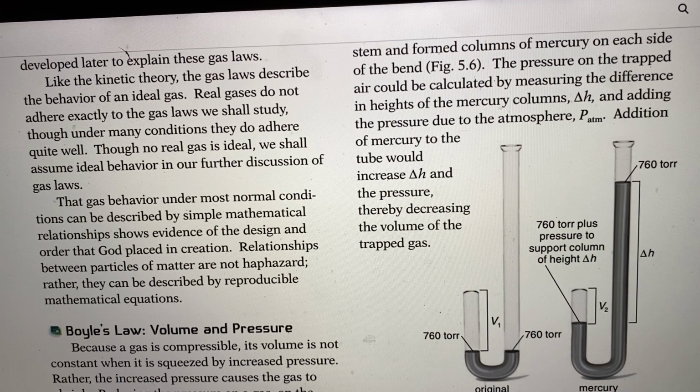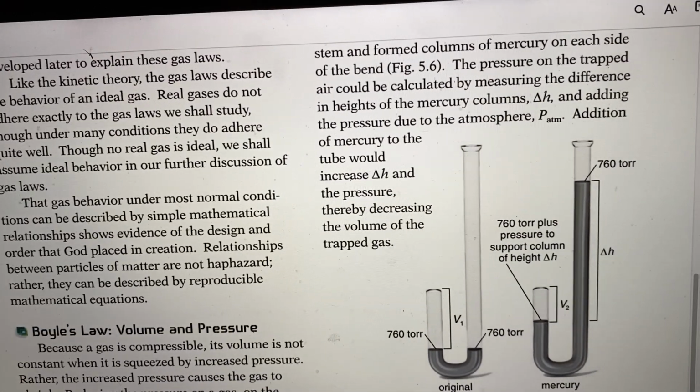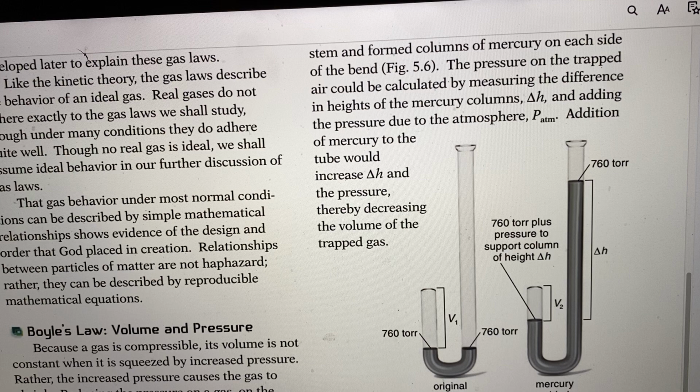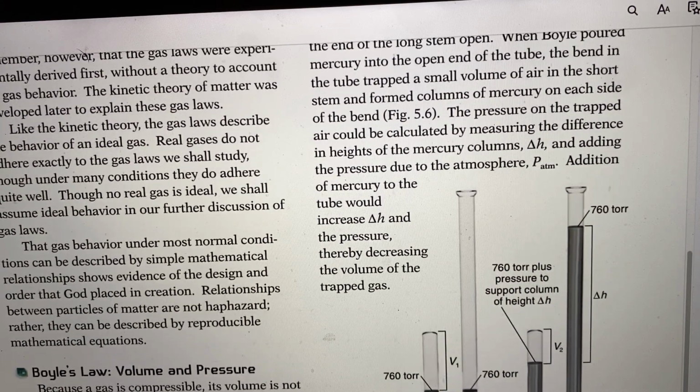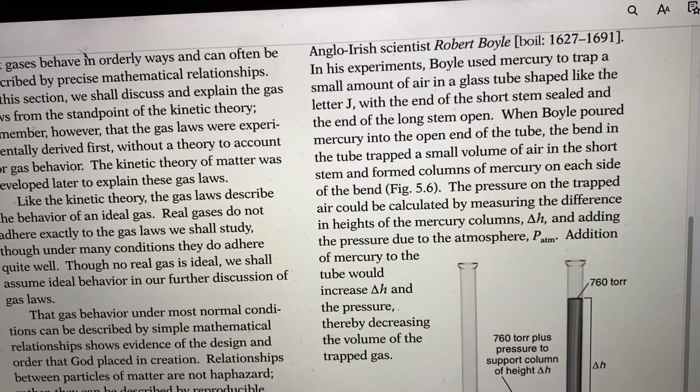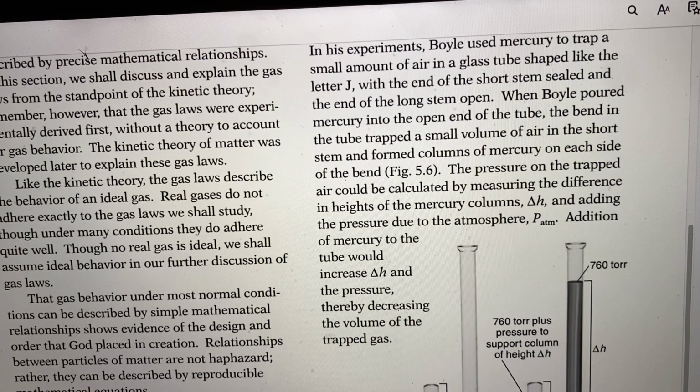Well, Robert Boyle, he was a scientist during the 1600s, 1600 to 1700s. The scientists discovered that gases behave in orderly ways. And so he was seeing basically how the volume of the gas compared to the pressure of the gas. So he was doing an experiment here, and this experiment was that Boyle used mercury to trap small